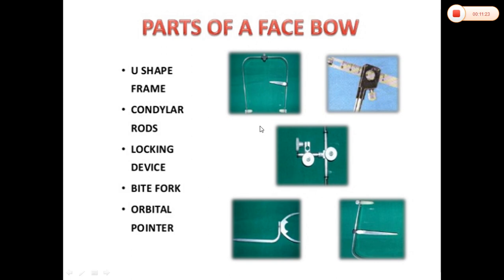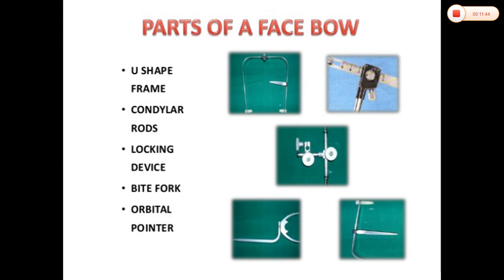When these two points are connected with each other, and in turn connected to the orbital pointer or infraorbital notch area, it forms a reference plane